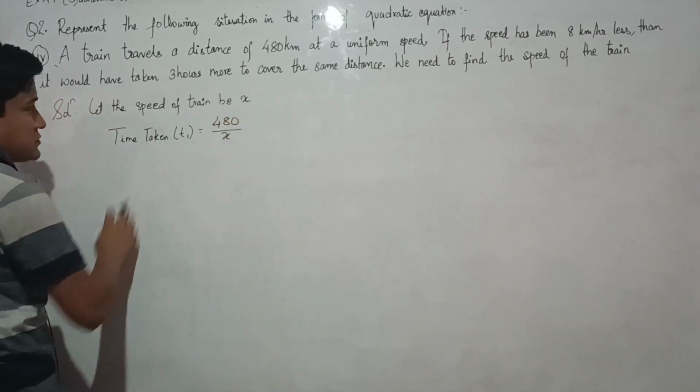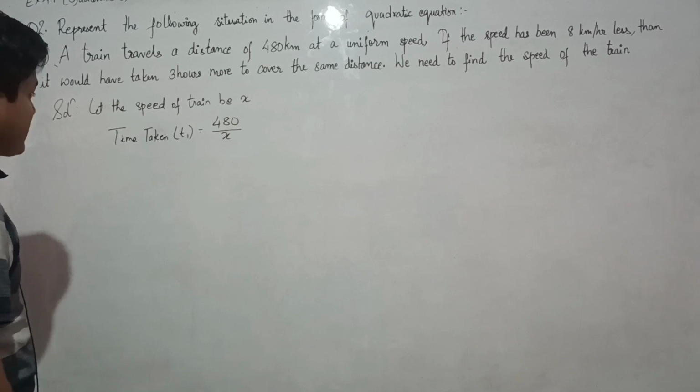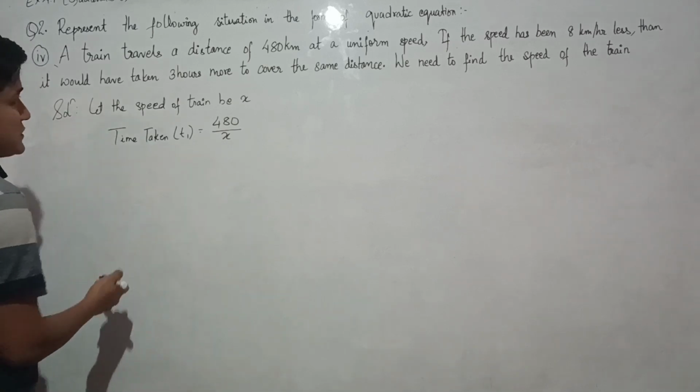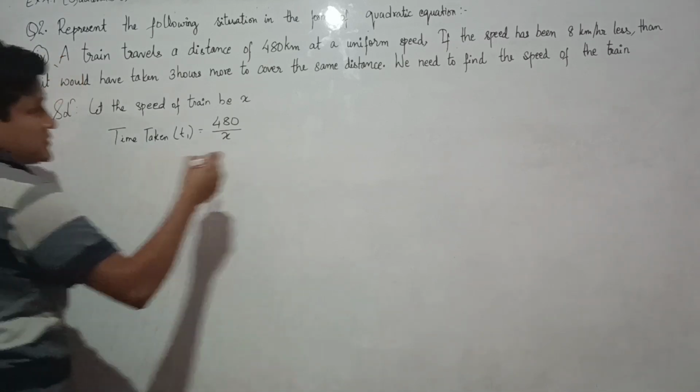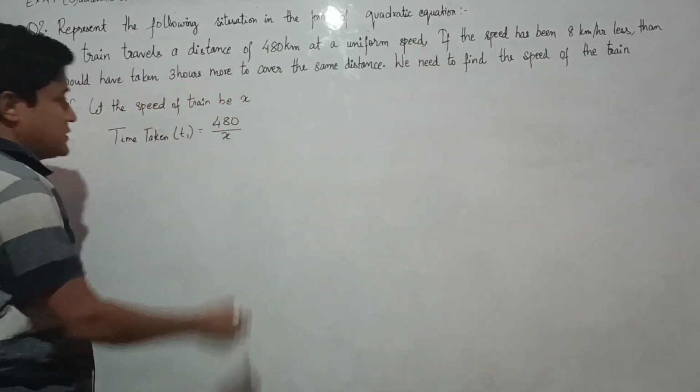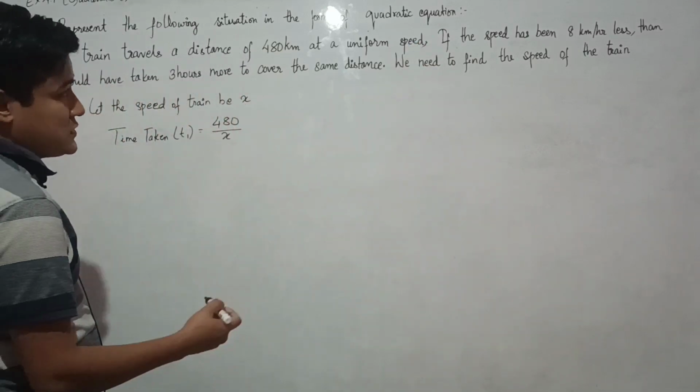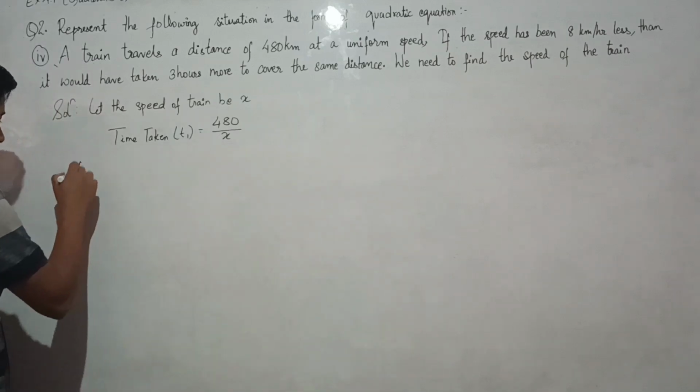Time taken equals distance by speed. Now this first sentence, we made the equation for, if the speed had been 8 kilometers less. So as per question,